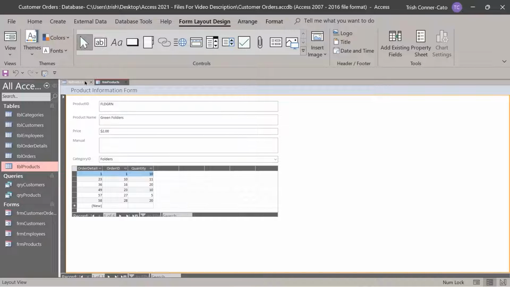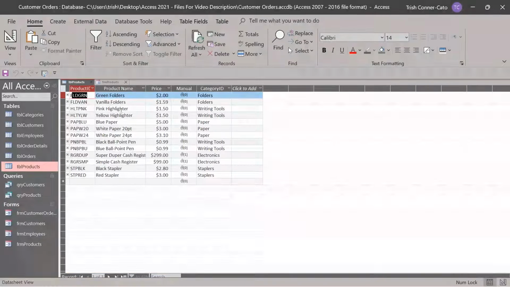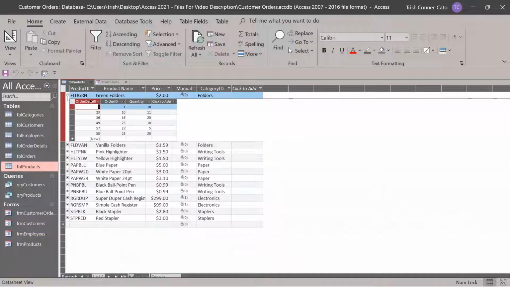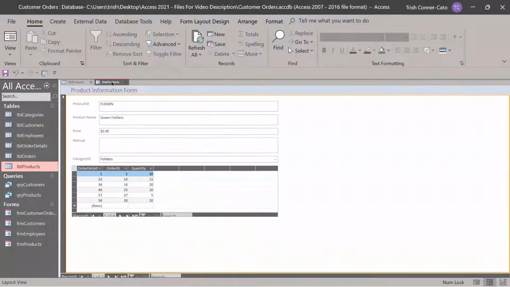And so if I look at the products table, I have both the form and the table tabs open. In the products table, this is the one side of the relationship. When I do the plus sign, one product can show on many order details. So it's showing the order details. Therefore, when I create the form based on the table by using the Save Object As, it shows the order details for every record. So down at the bottom, if I use my record navigator, so there's one at the very bottom of your screen at this point, and there's another one